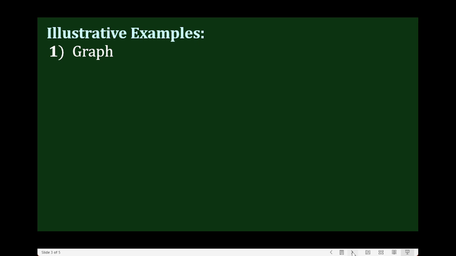In this video, I'll discuss how to sketch the graph of polynomial functions whose degree is even and having also a positive or negative leading coefficient. Let's take the first illustrative example. Say we're going to graph the polynomial function f of x equals quantity x minus 2 squared times quantity x